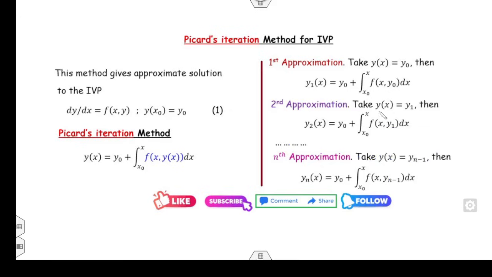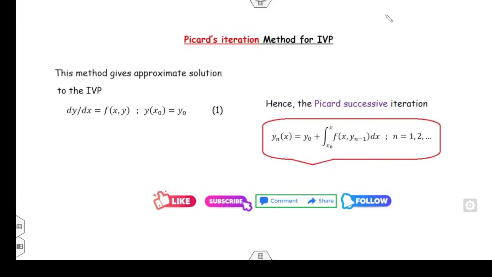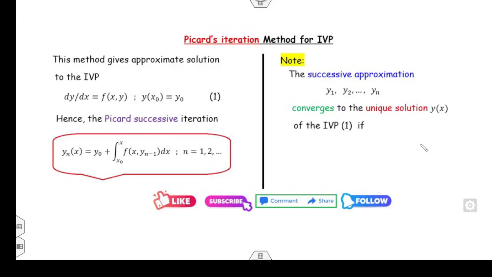But make sure, students, in all these nth approximations, we always need to compute the integrations. So Picard's iteration method, or Picard's successive iteration, is defined as y of n is y naught plus the integration from x naught to x of f of x comma y of n minus 1, where n starts from 1 to n. So now once you can define the successive approximations y1, y2 and so on up to yn,